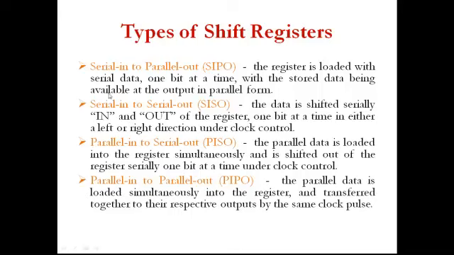So as the name implies, here in the first one, we are loading the register with the serial data one bit at a time, whereas we are taking the output in parallel. In the second combination, we are loading the data in serial, and we are taking the output also in serial. In the third combination, loading the input together at the same time, but taking the data output one by one. That is the third one, parallel input and serial output. And finally, parallel input to parallel output is where loading is also in parallel, and unloading or taking the output is also happening at the same time.